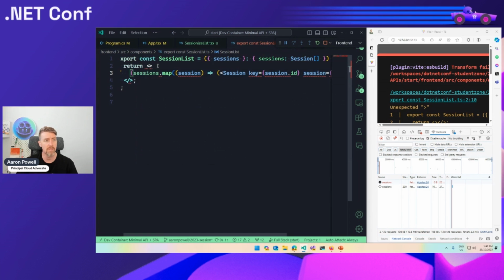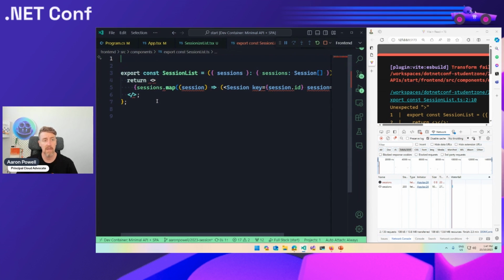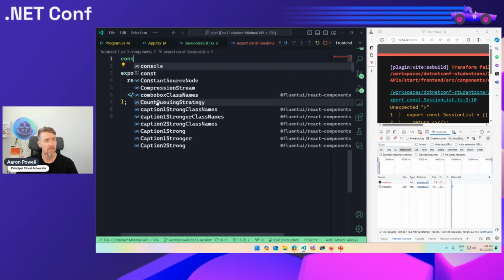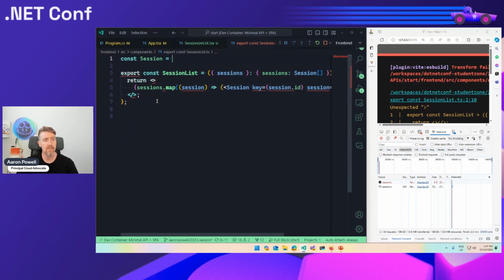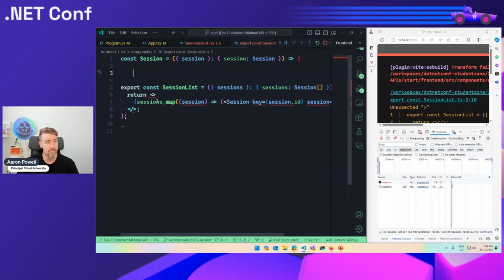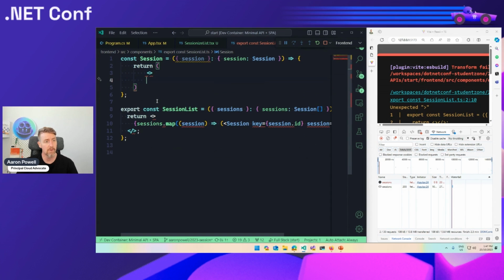Yeah, that looks pretty good. Now, let's create that session component. We'll create a const session, and then that is going to receive those values, and we'll return our open and close